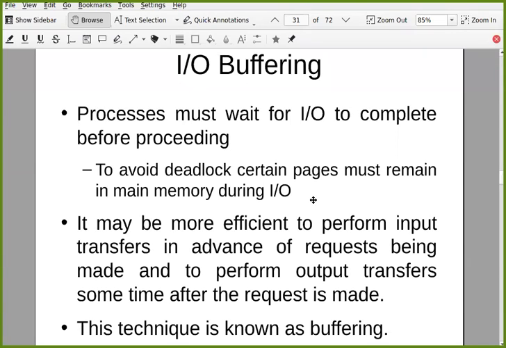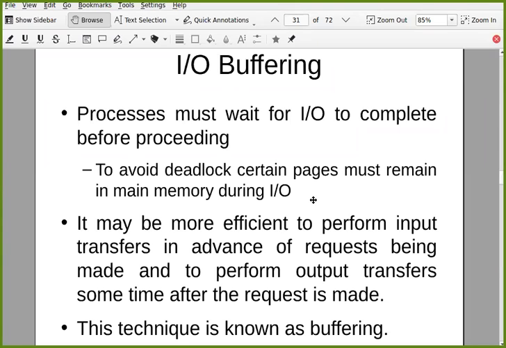Okay. Now to avoid this type of deadlock, for example, you want to load data at particular virtual addresses, like from 1000 to 1500. Suppose that is the virtual address range where you want to load the data from the secondary memory. When your process is blocked on that IO and swapped out, it should not be fully swapped out.